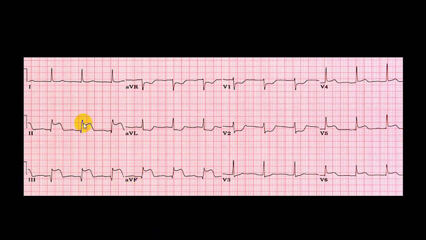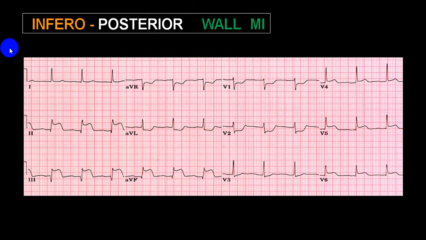But if you get along with inferior wall, see here in inferior wall we have got ST elevation in 2, 3 and AVF, and you have got ST depression here. Keep it in mind, this will be reciprocal changes of posterior wall. Plus, if you see properly, in V5, V6, there is an ST elevation. So this will suggest lateral wall. So inferior plus lateral plus posterior. So inferior, posterior and lateral. So inferior, posterior plus I'll put lateral also.